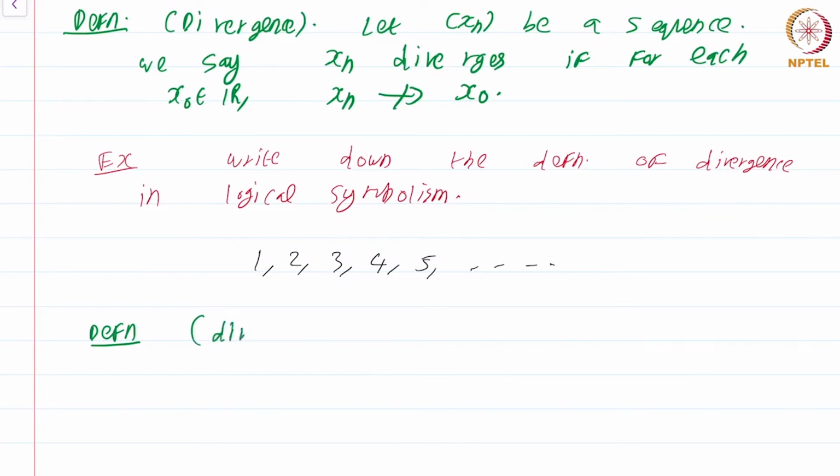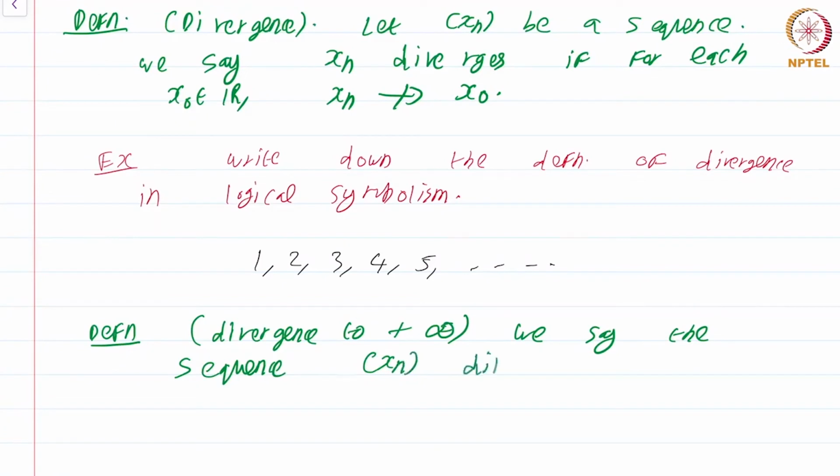Divergence to plus infinity. We say the sequence xn diverges to plus infinity. Now I'm going to write down a statement which is going to be very, very similar to the usual definition of convergence. The key thing is we want to capture that the terms of the sequence xn get larger and larger. So what we do is,